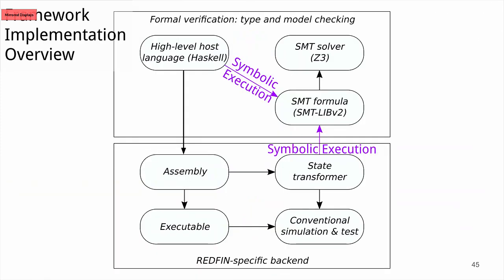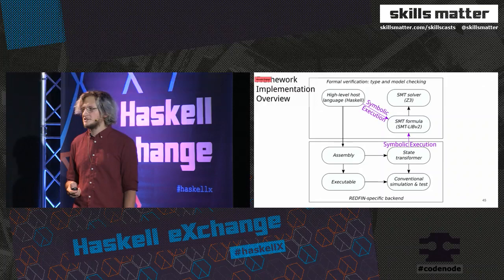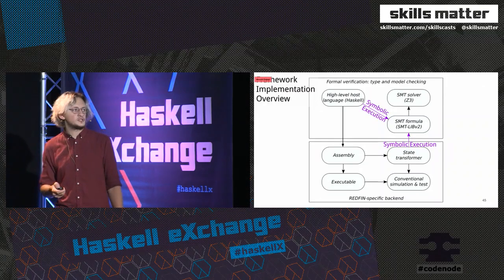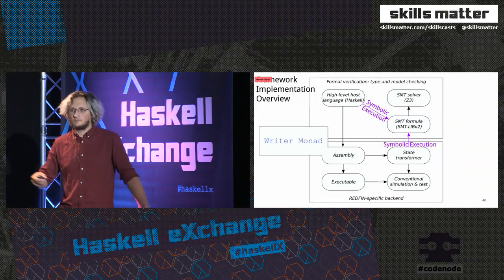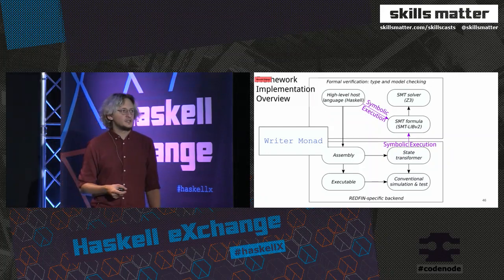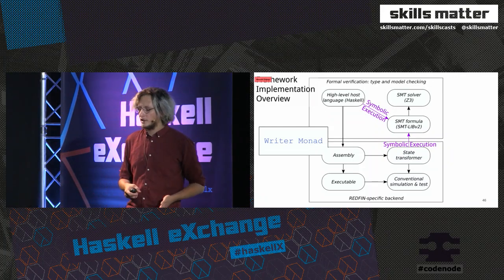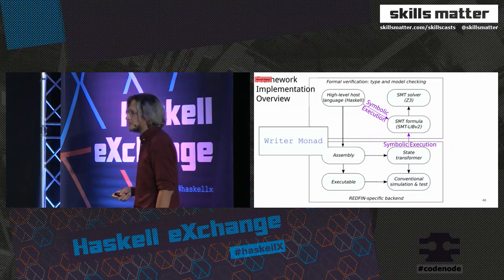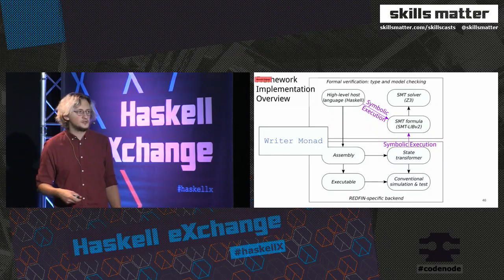Right, so we've taken a look at symbolic execution, and now we could actually take a look at the Haskell side of things. Which Haskell concepts are we using to implement the framework here? As I said, we're embedding assembly as an embedded domain-specific language. So actually, assembly is just a writer monad for us. It goes through the sequence of instructions and writes the corresponding opcodes and instruction codes into